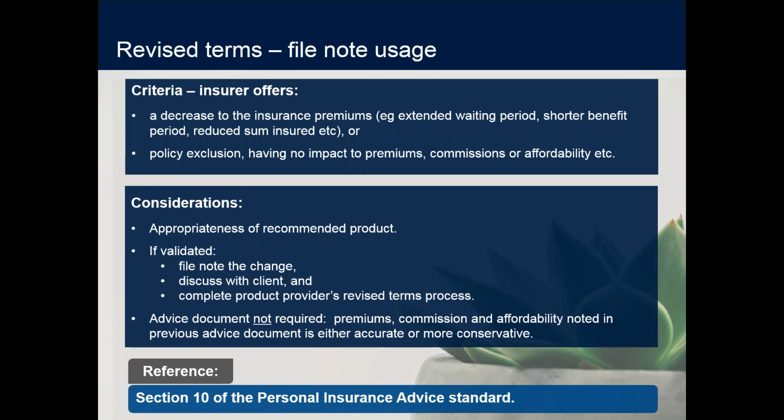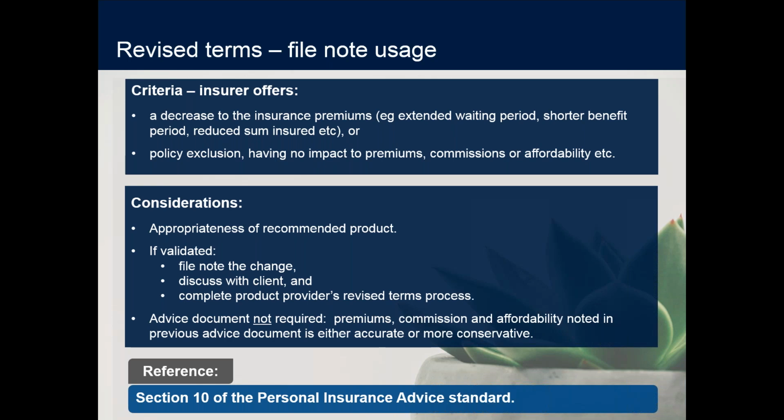Now, in this particular case, because we have already given the client an advice document when we physically presented the statement of advice, the premiums, the commissions and affordability, all those components, are already noted in that advice document. And as a result, these two revised terms items would either result in it being the same as or accurate, i.e. under an exclusion, it's still going to cost the client the same amount of money, it's just that